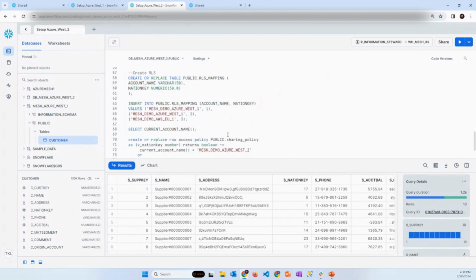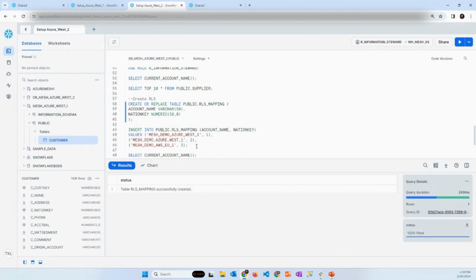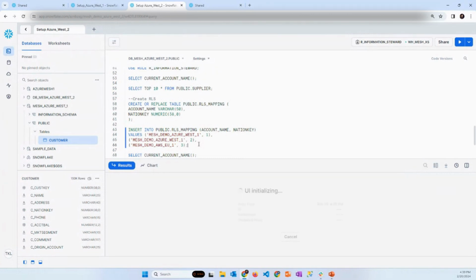But now, if we go over here and we say, okay, our mesh demo Azure West account should be able to see nation key 1 and 2, and our demo AWS EU account should be able to see nation key 3, right? So we create this table. We insert the values into it.